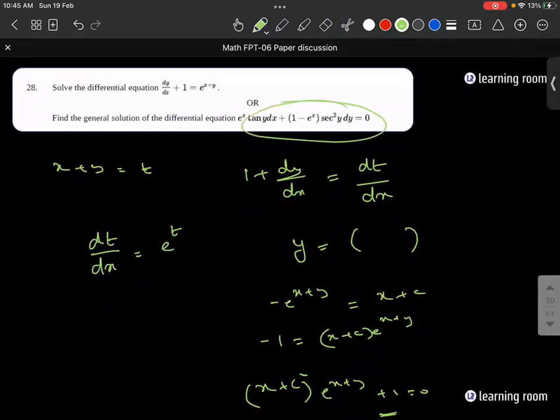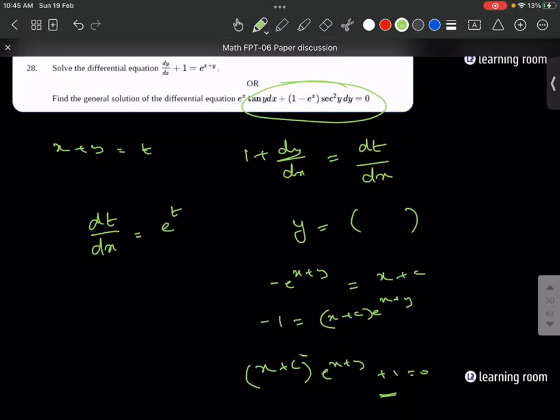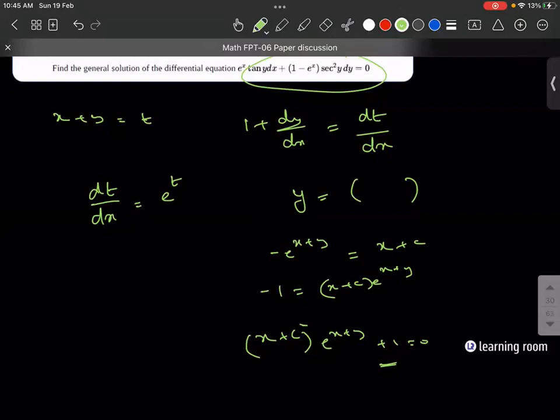Answer for this one. I think you can simply solve it using variable separable if you collect the common terms. If you take e power x into